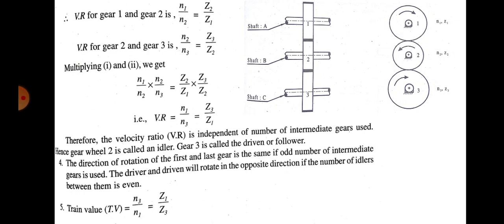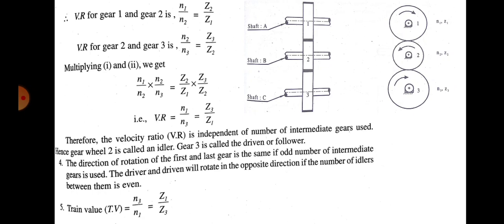But as I told you, in compound gears there can be more number of gears, right? There can be 3 gears or there can be 4 gears or even more. So in that case, how do you find the velocity ratio? If there are 3 gears, that is, one is driver, then there is an intermediate gear and another gear and so on. So in that case also we should be able to find the velocity ratio, isn't it?